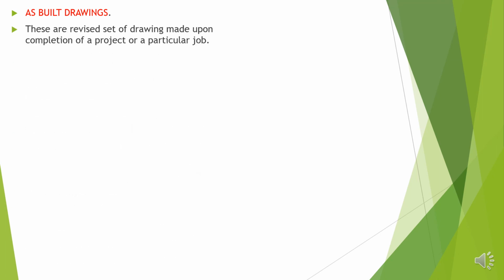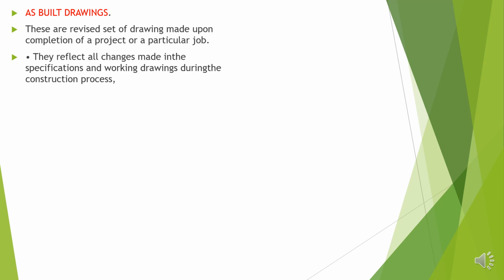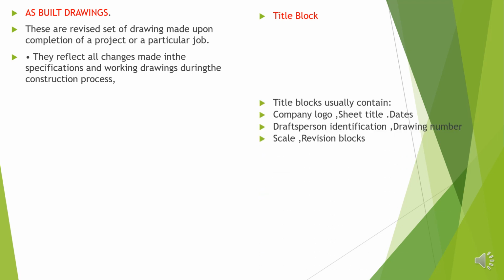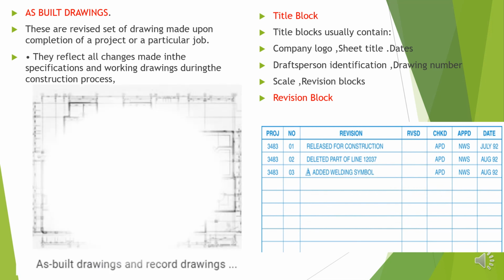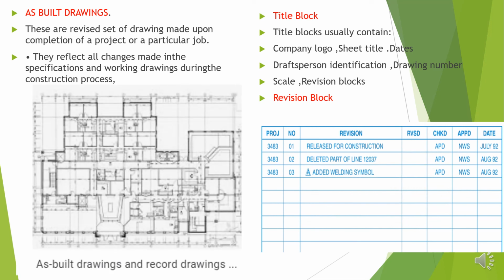As-built drawing. Some of the modifications might be carried out while the construction is going on, which are not incorporated in the drawing. As soon as all these modifications have been done, the architect has to prepare an as-built drawing which incorporates all the details. This is the as-built drawing incorporating all the modifications and everything, so that it will be useful. If any maintenance has to be carried out, it can be carried out based on the drawing.